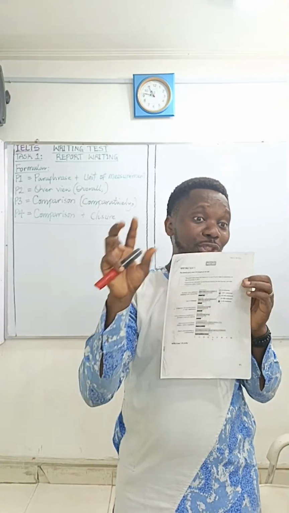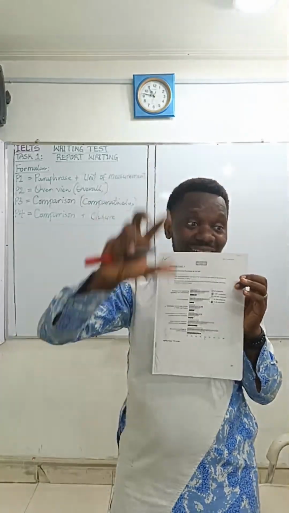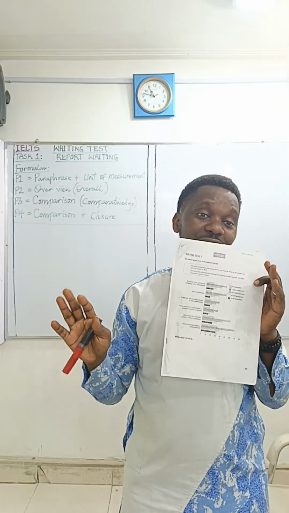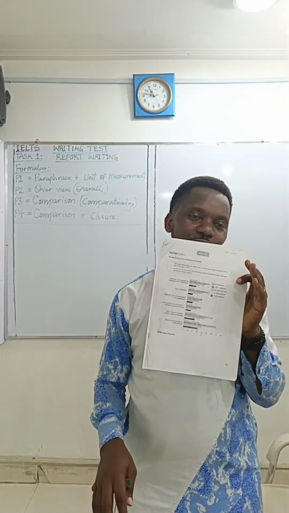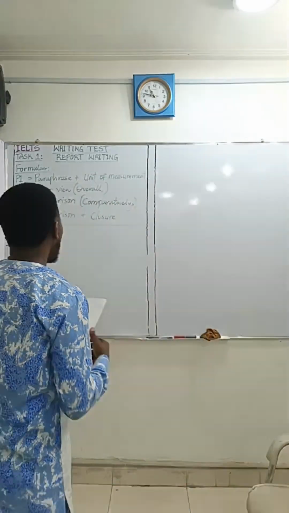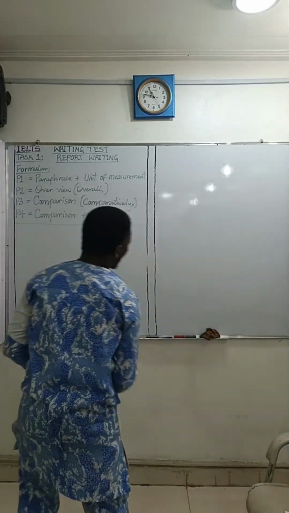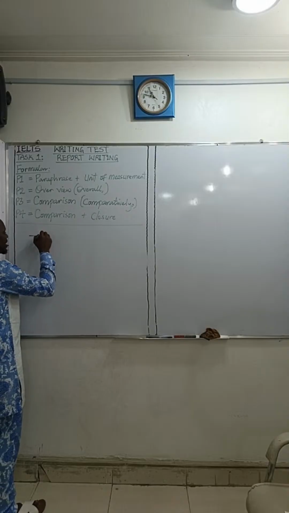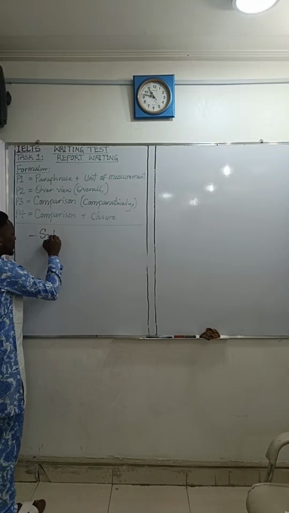So you have to capture the general view of the chart. You are not doing comparison at this point. You are not going into detail at this point. So in your overview, there are 4 major things you should try to provide, and these include the subject